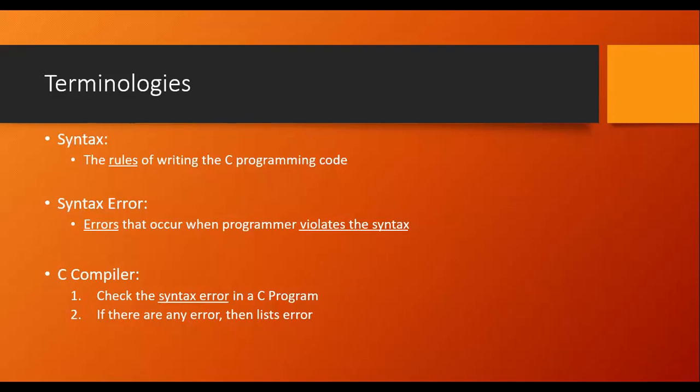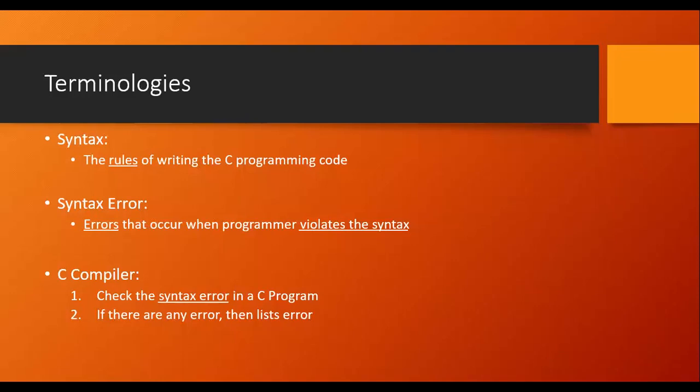What does the compiler do? It is a translator. Whatever C program has been written, that C program is in a form understandable to human beings, that is, for the understanding of the programmer. But the same cannot be directly used by whom? The computer. It has to be converted into the computer-understandable language, that is machine code, the bits, that is ones and zeros.